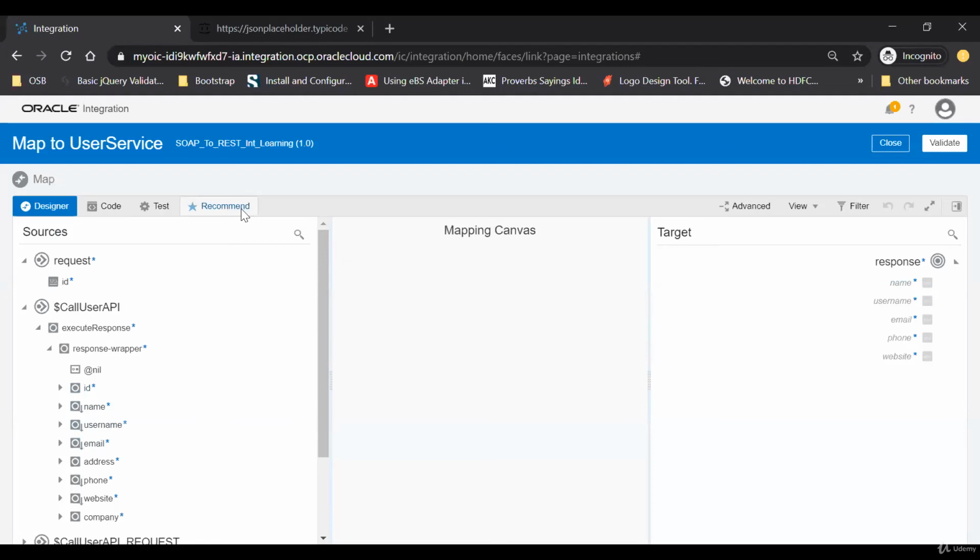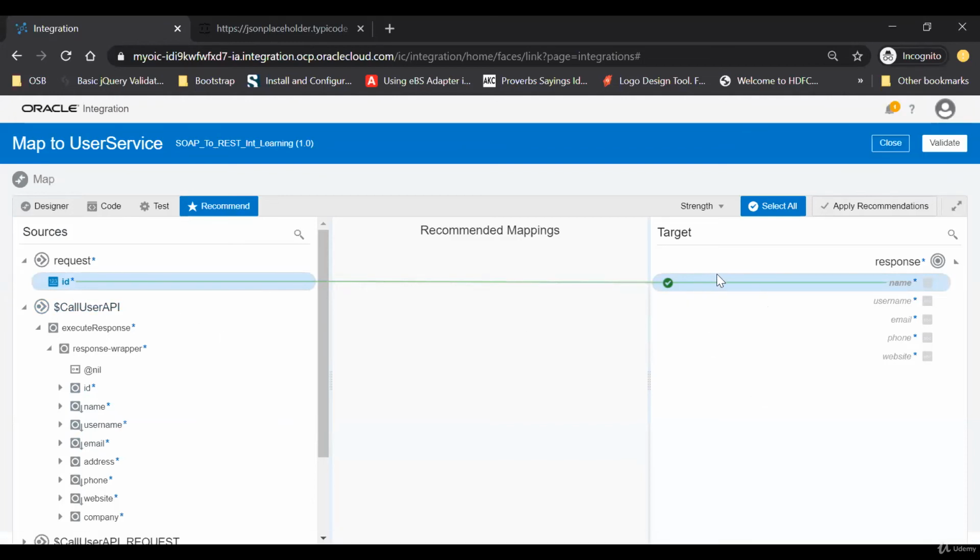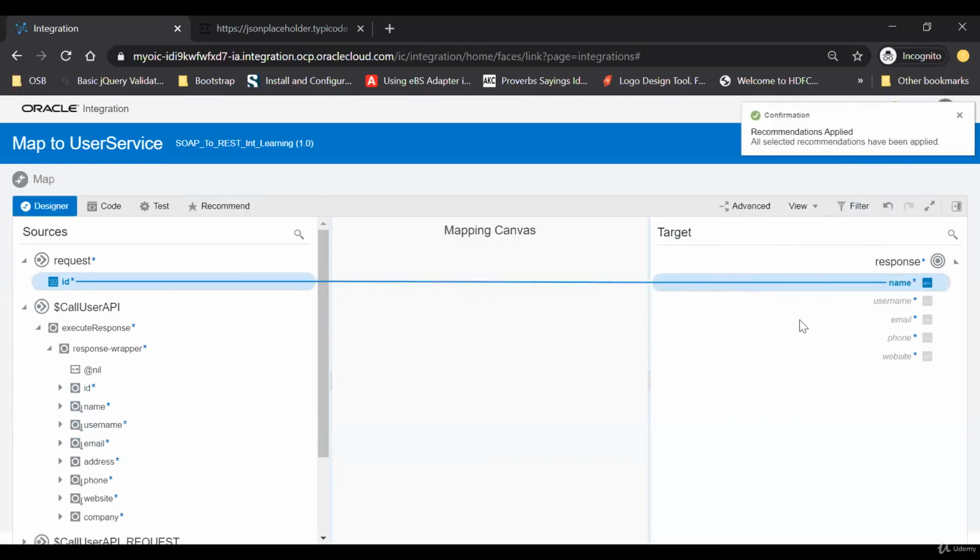Just click on this and see if there is a suggested mapping here or not. Just click on this recommend. Once you do this, here you will notice all the suggested mapping, right? If someone has done this mapping earlier like ID to name, it will suggest you. Okay, now here you see the check mark. Now you can just apply recommendation and this will be auto checked. Now just click on apply recommendation, and here you see this has been mapped automatically with the help of the recommendation